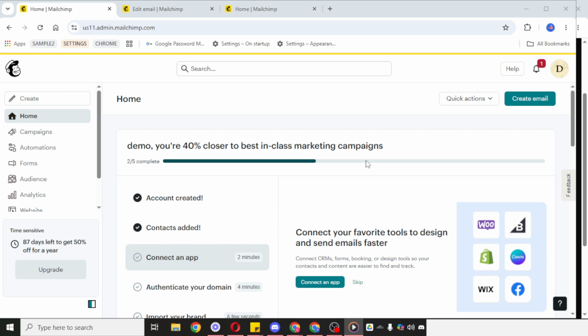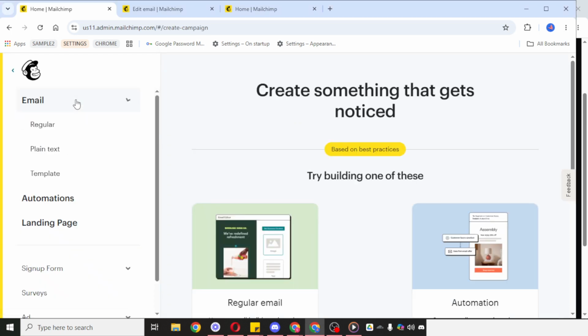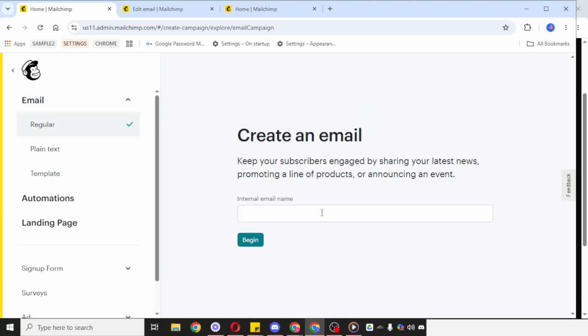Once you're signed in, look for the option to create a new email. Click Create Email to begin setting up your campaign. After that, you'll be asked to enter a title for your campaign. This title is mainly for your own reference inside MailChimp, so choose something clear and easy to recognize later. For this example, you can enter Campaign Benchmarking. Using a descriptive title helps you stay organized, especially if you're managing multiple emails at the same time.